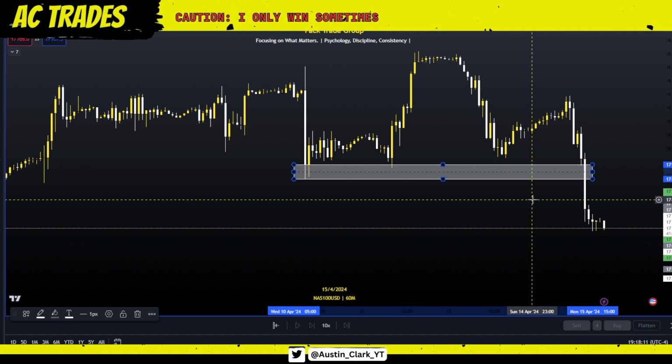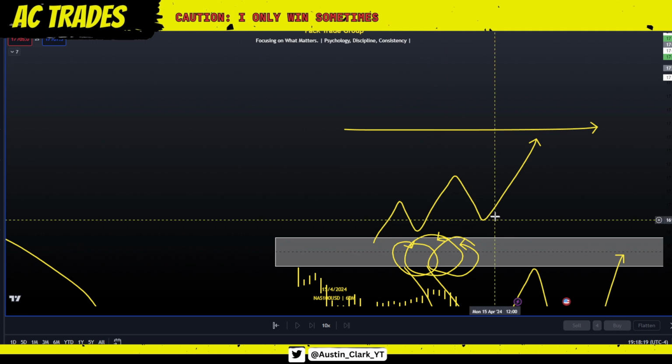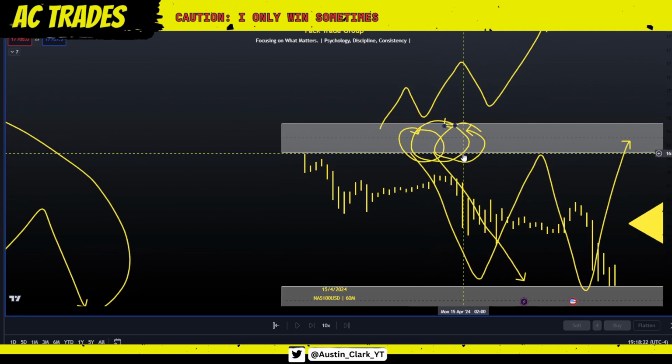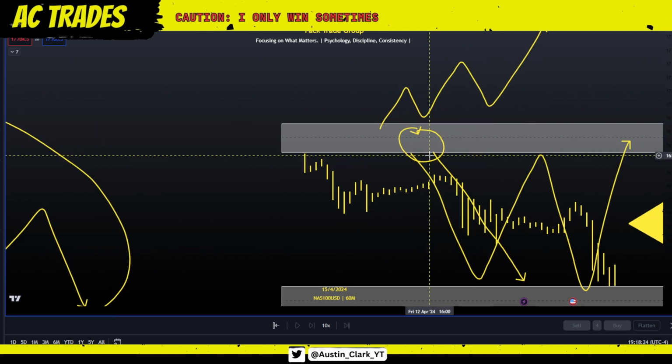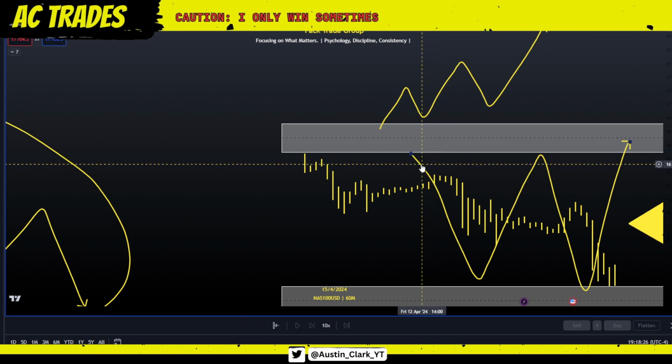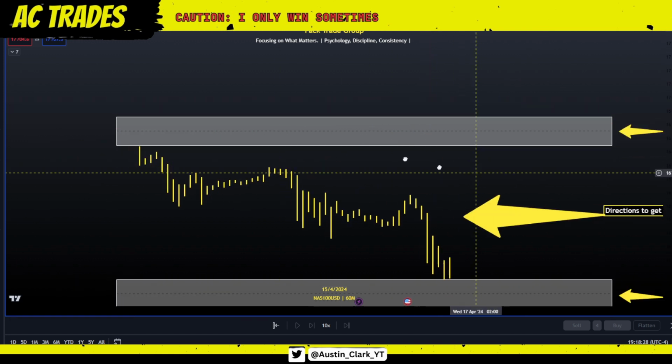But this begs the question, well, how do we read how price is going to react to these context areas? Now you get into point number 2, market structure. So now let's clear these little drawings here. And if we know now, if we can all agree,